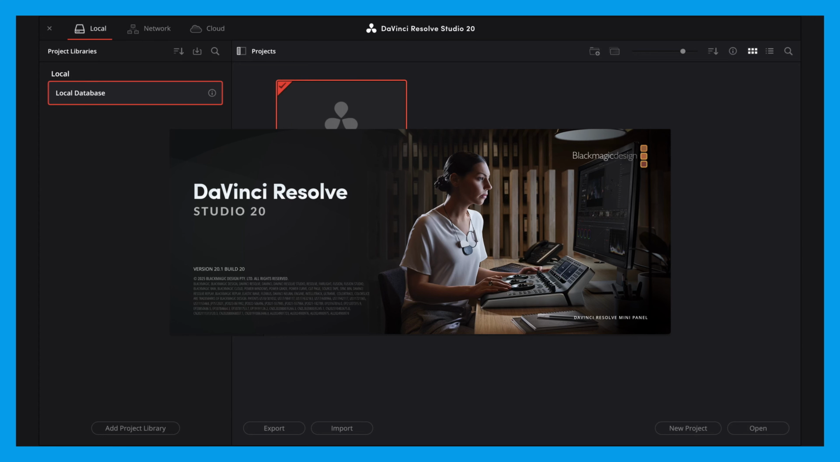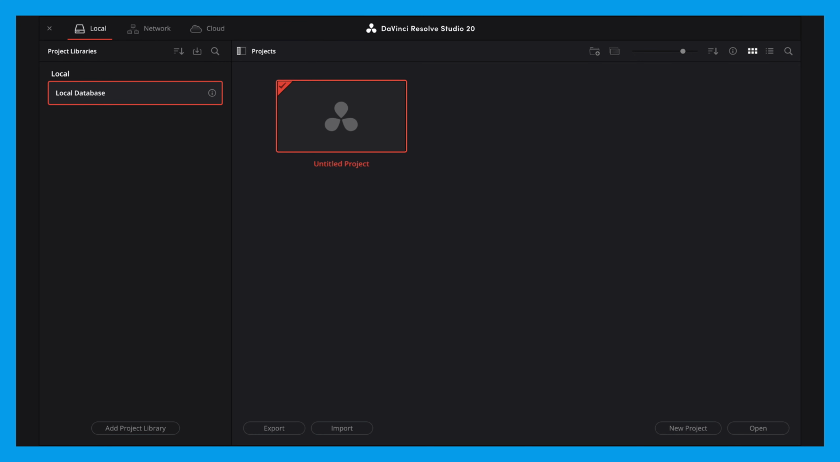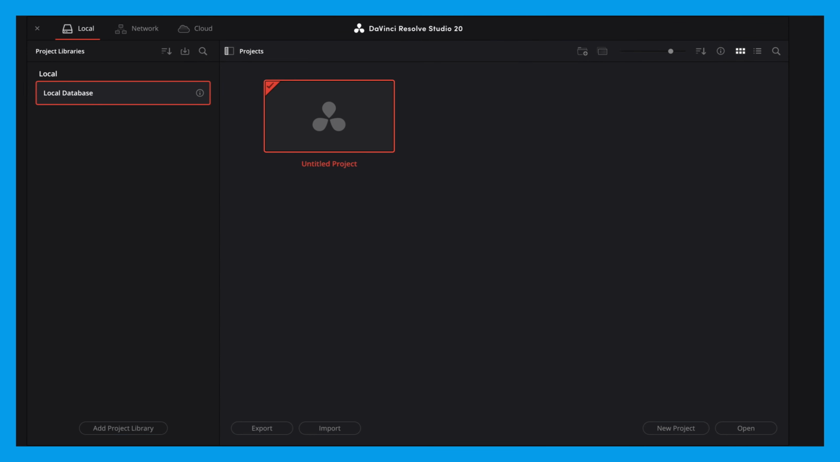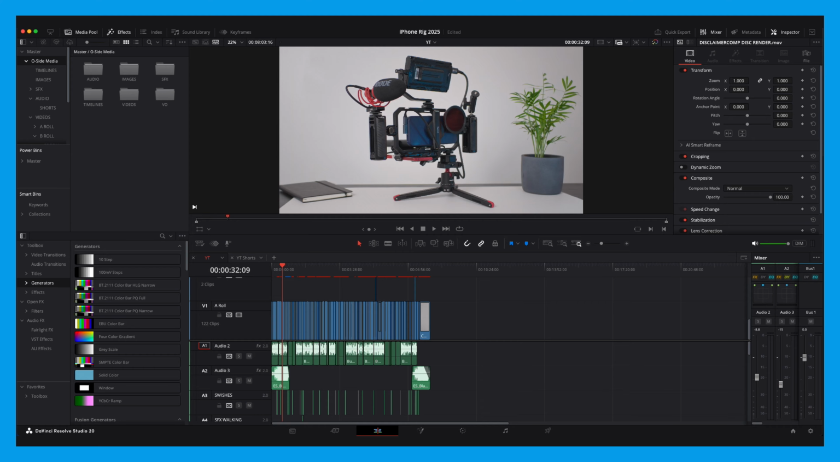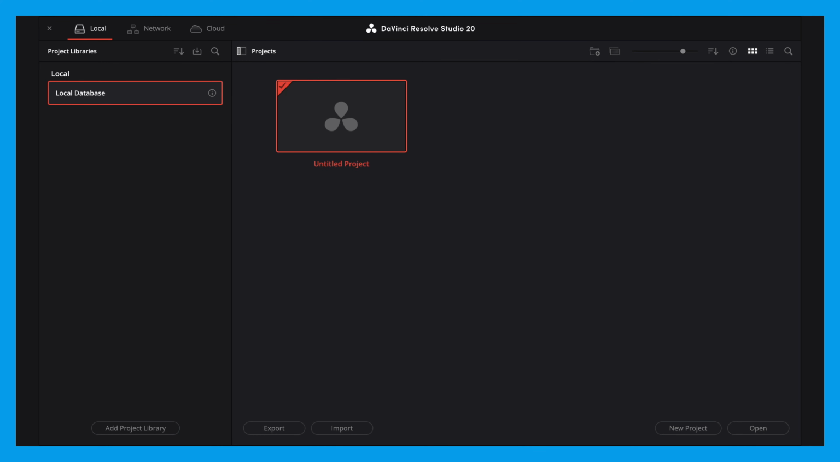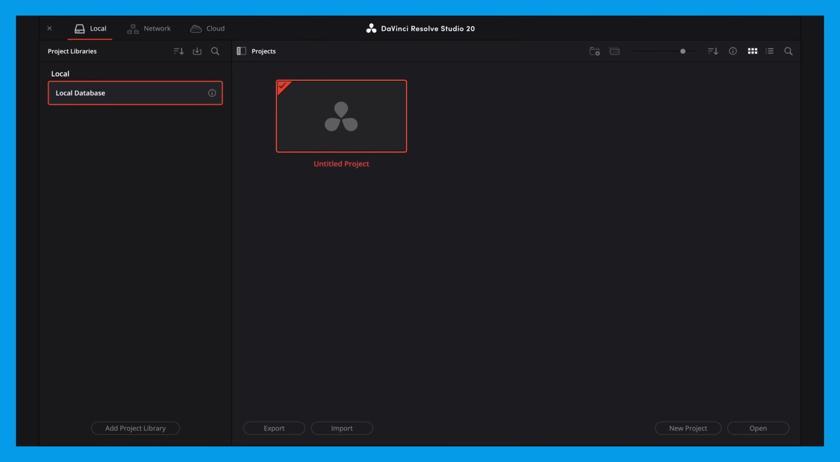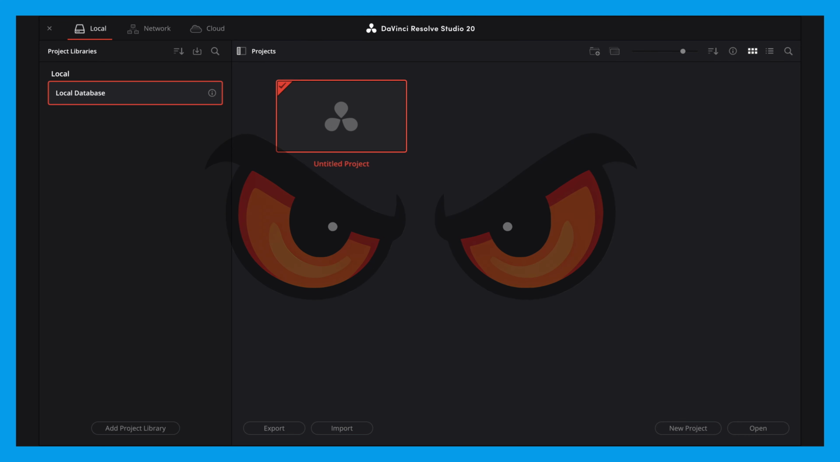When you open DaVinci Resolve for the first time, you're hit with a blank screen and one lonely project called Untitled. So what is this, and where is the timeline? Here's the thing, most beginners do exactly that, and within seconds they're lost. But stick around, because by the end of this video, the project manager will go from intimidating to your new